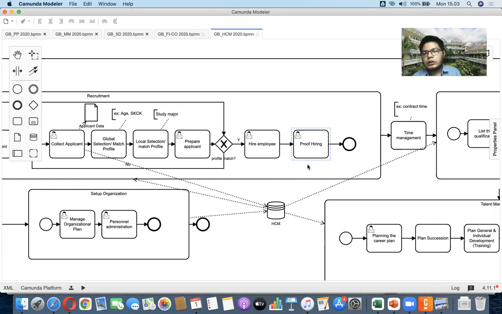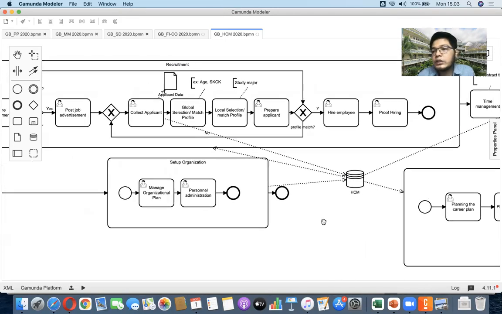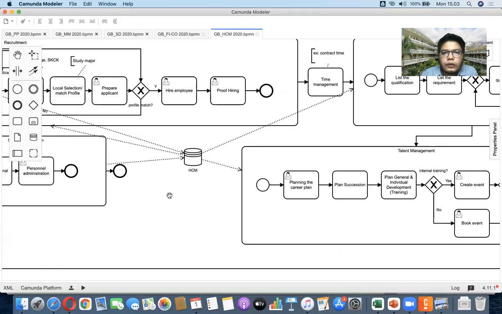So we do the contract, we sign the contract with them, and now they are officially employees. We print the proof, like a decision letter, so that it can become proof later on that we were hired as an employee. Basically it's a contract like that.